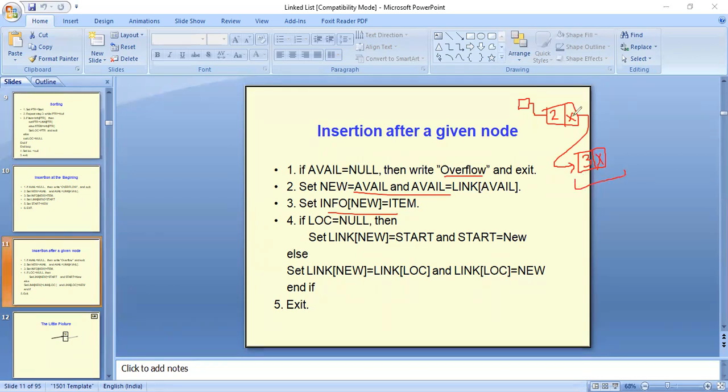We will update the link of start with new and update the link of new with null. So the final list will be like this. We will be having two nodes in our list now, 2 and 3. So this is how we can insert a new node at the end of our list.